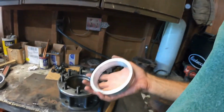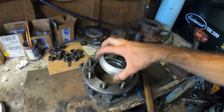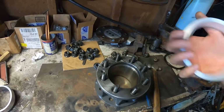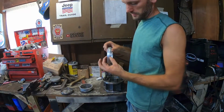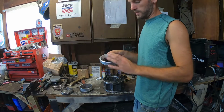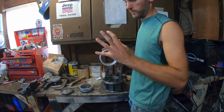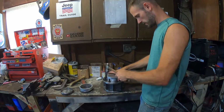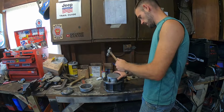Got the other spacer made, so now we're going to hammer it in here and give it a test fit. I had to make sure that this distance is correct to slide down in there, otherwise we can't have any of this sticking up or the wheel won't sit flat. I guess it's more of a slip fit, but just hammer it in there